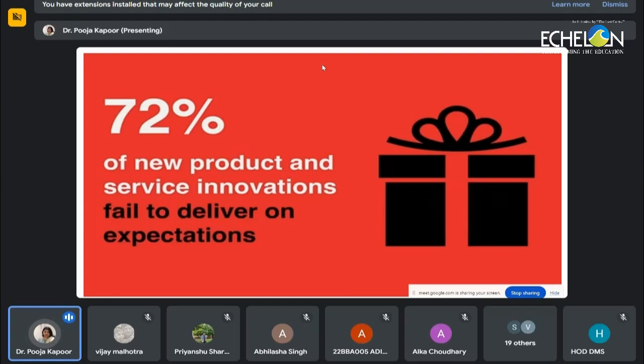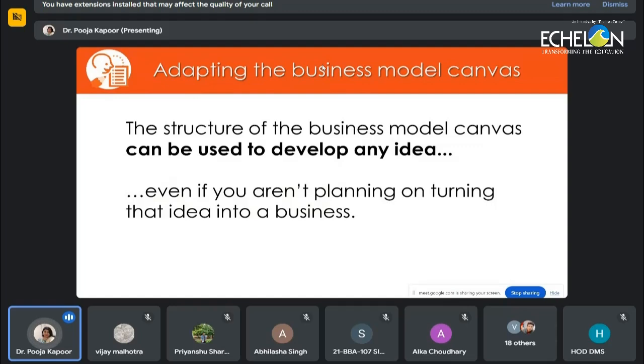That is one of the reasons that 72% of new product or service innovations fail to deliver on expectations. Why do they fail to deliver on expectations? Because there is no value proposition, or many times they start from the value proposition and identify it, but it is not actually seen as a value by the customers. So you have to see and study the market also. We can go for a pilot study initially to see how it is possible. Does my business idea create value for the customers or not? Now, when we talk about adapting the